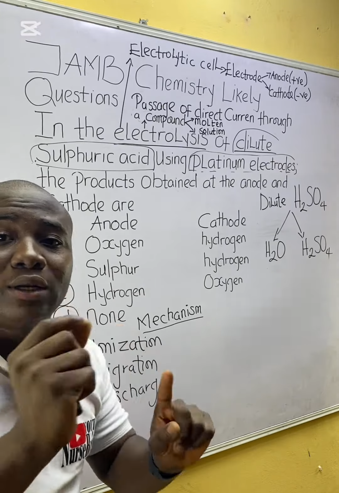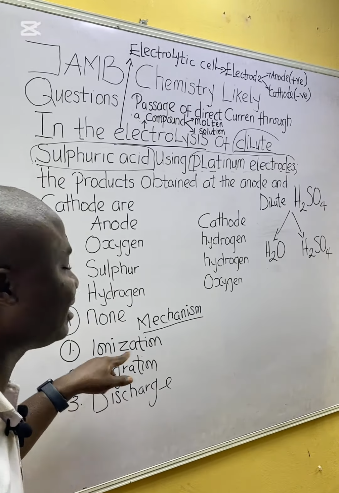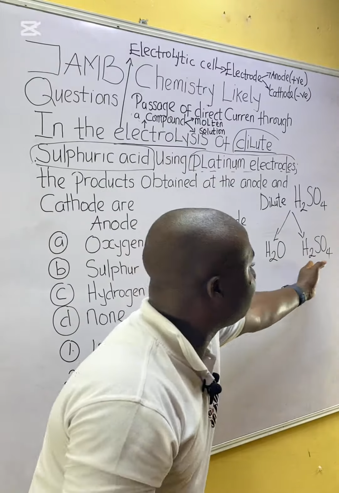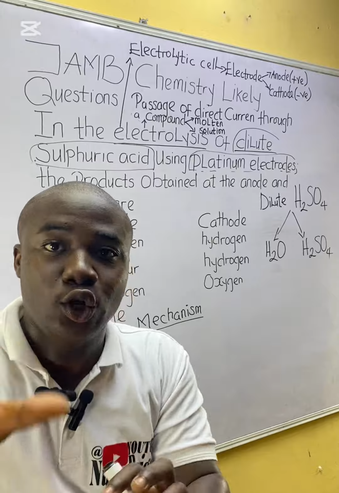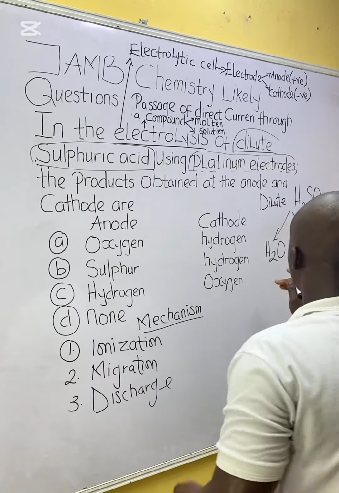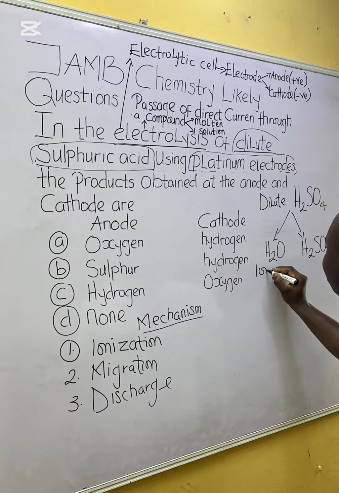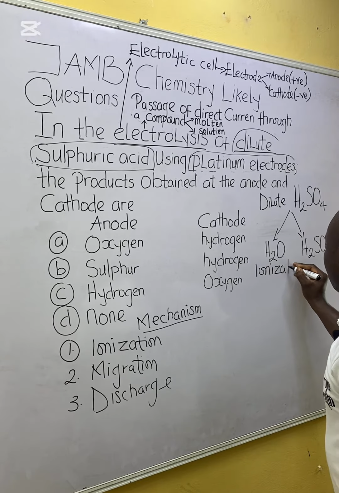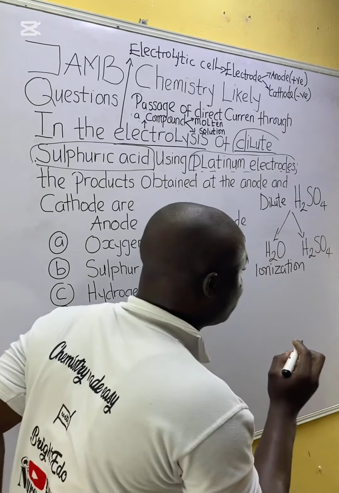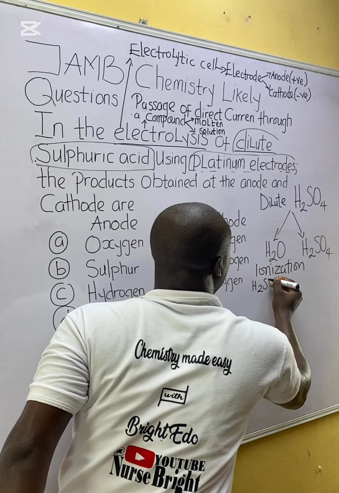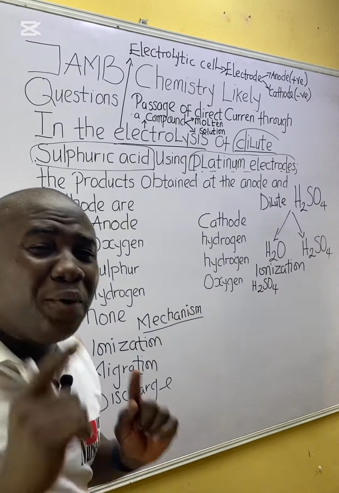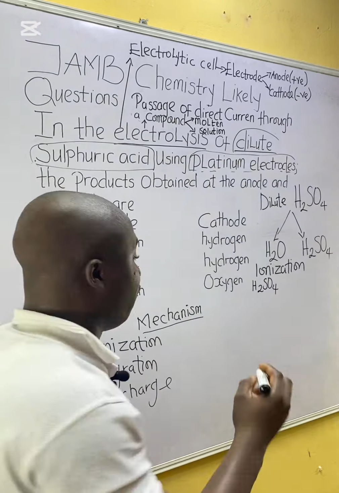The first step in the mechanism of electrolysis is ionization, meaning that we have to make sure that they are in their ionic form. Very easy. So let's walk through the first step, which is ionization. Let's break out H2SO4. Breaking H2SO4 into its ionic form is going to be a reaction like this: